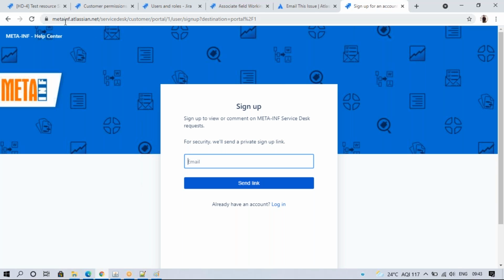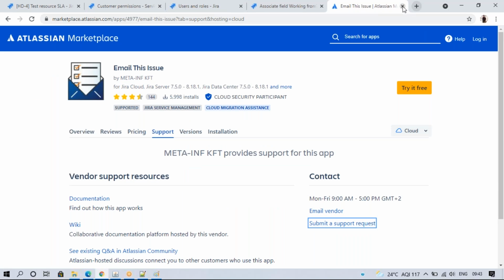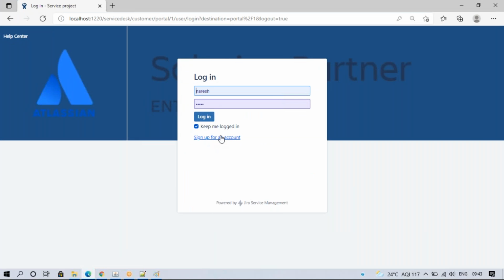Why are we able to access this? They are using cloud. This is cloud Jira, so that's why we are able to access it, or else we cannot log in. If it's data center, we cannot, but all support people use cloud only, so that's why we can raise it. And in the same way, here we have sign up for an account. Suppose the user doesn't have access and is raising a request for access only. When you click on the URL, the sign up page will open and the account will be created. Next, what permissions you want, like Jira software permissions and service desk permissions.